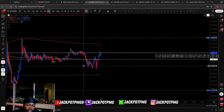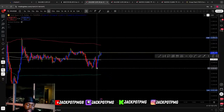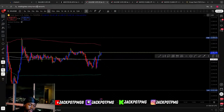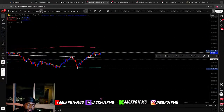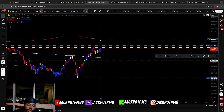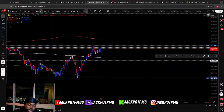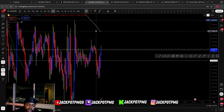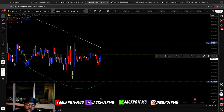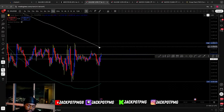Alright, we're going from here, W formation entry, made it to the middle, that gives us that entry, headed towards the top Bollinger Band on the 5 minute time frame. On the 1 minute time frame is this one right here, right up there. On the 15-minute time frame, it's the middle Bollinger Band. So price would have to reach the middle Bollinger Band to see what's the next move. Possibly break it